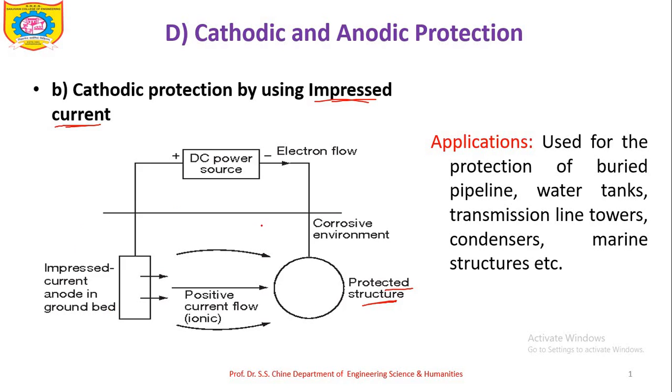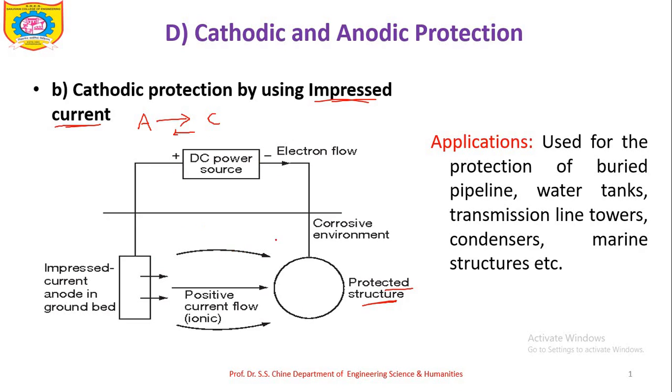Okay, means to complete the circuit. In general, corrosion current always flows from anode to cathode. Where does corrosion current flow? That is from anode to cathode. Now we have to apply the current in the opposite direction, means cathode to anode, so that total current will